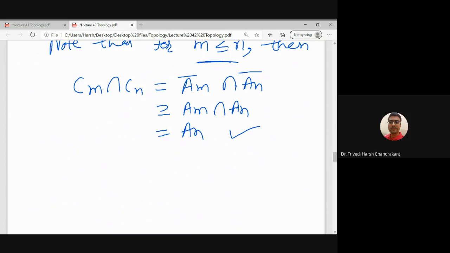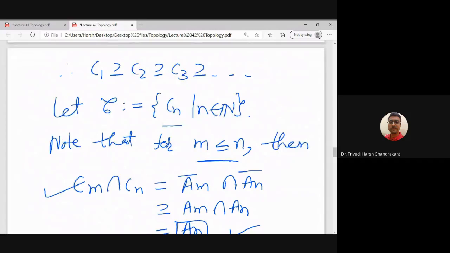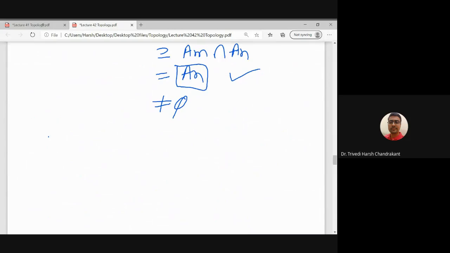And then we know that each An is an infinite set, so in particular it is a non-empty set. It contains many elements. So whenever m is less than or equal to n, Cm intersection Cn is non-empty. So any two elements of this family we take, their intersection is non-empty, and then by induction we can show that any finitely many elements of this collection we take, their intersection is also non-empty. So therefore by mathematical induction,